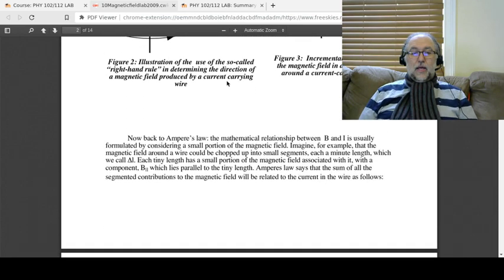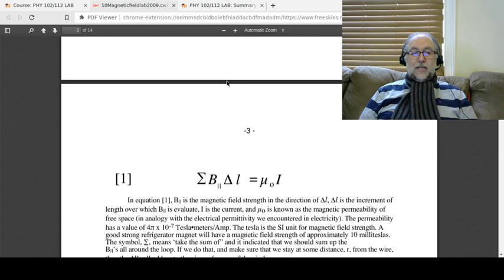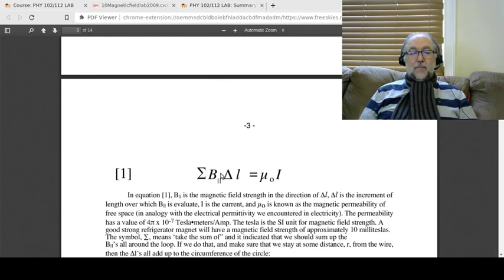with Ampere's law, and what he discovered was that if you just take the magnetic field and you multiply it by a little delta L and you just sum that all up all around the wire, it's just equal to the current going through that wire, going through that loop that you made. So this is actually like a calculus thing, and I don't want to get into the calculus here. It's an integral around the wire, but basically all you have to understand it is you could just take, like,